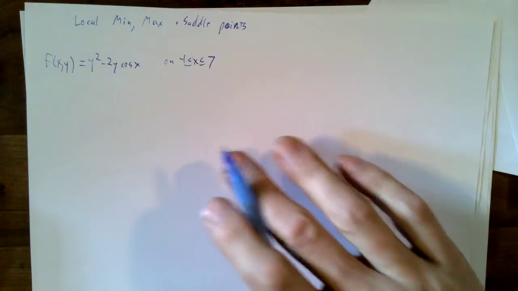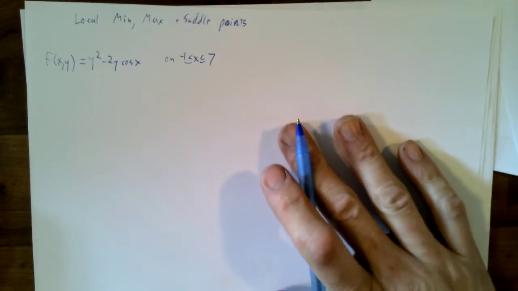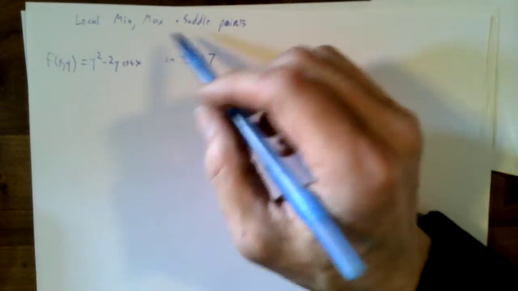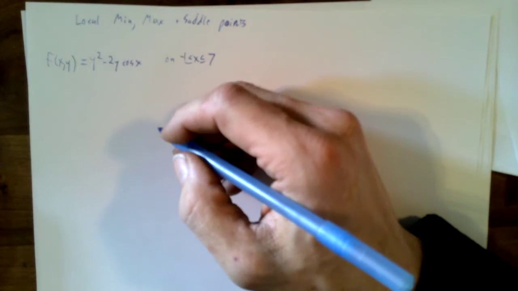Alright, I wanted to get out some example functions that are a little bit more interesting than the little polynomial stuff we did in class. So here's a function of two variables. We're going to look for local min, max, and saddle points